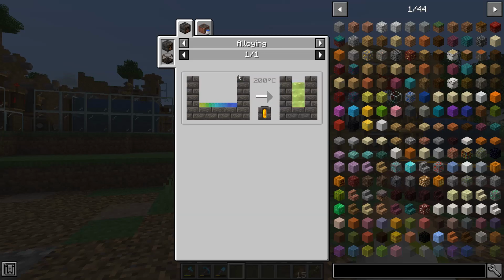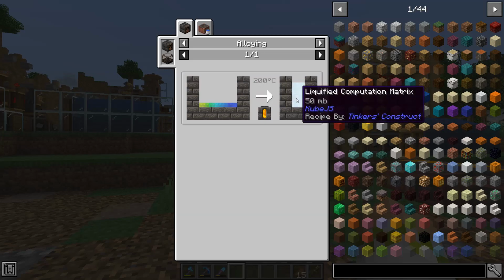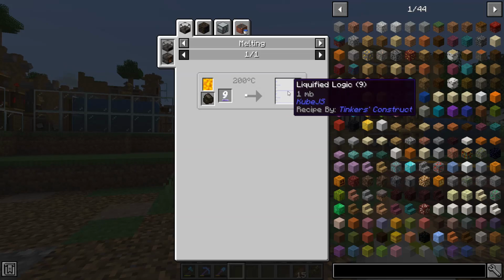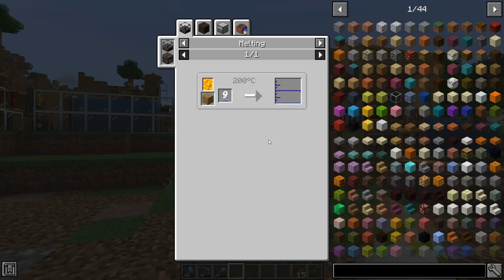The recipe for this is going to be 50 millibuckets at a time. So if we take, let's go with 1 computation matrix, that's going to be 1,000 divided by 50 is 20. And to make those 20 different operations, we need to combine 10 millibuckets of each number. So in theory, that would be 200 of each number, because each number provides 1 millibucket, 200 of each number